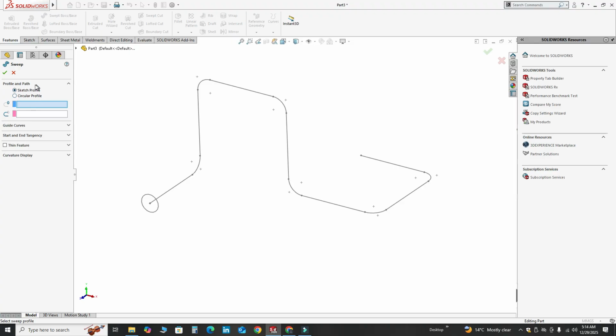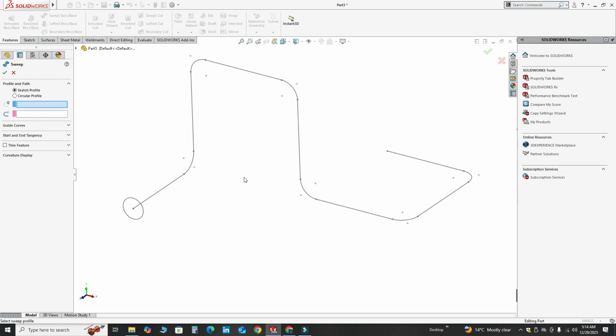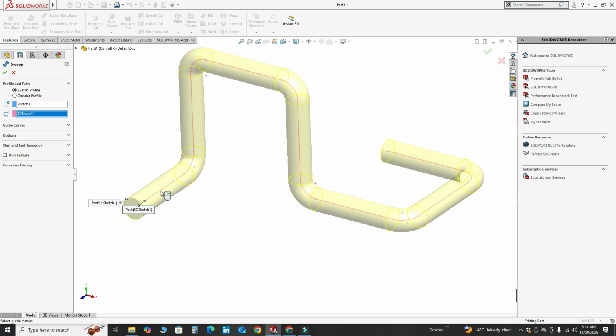And if I am using SolidWorks version 2015 or below version, this option is not available. That's why I have explicitly created this profile. Okay. So here, let's use this option, sketch profile. I will select this circle, and for the path, I will select this one.